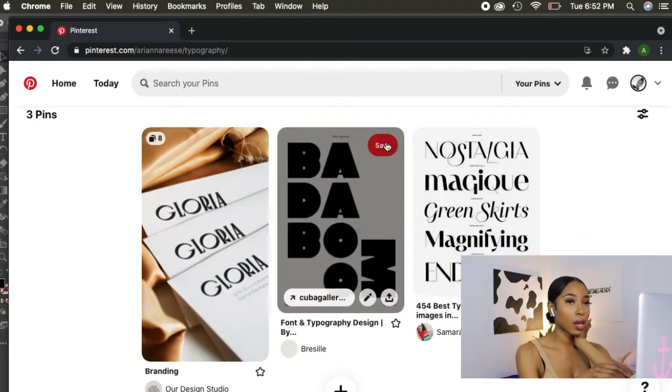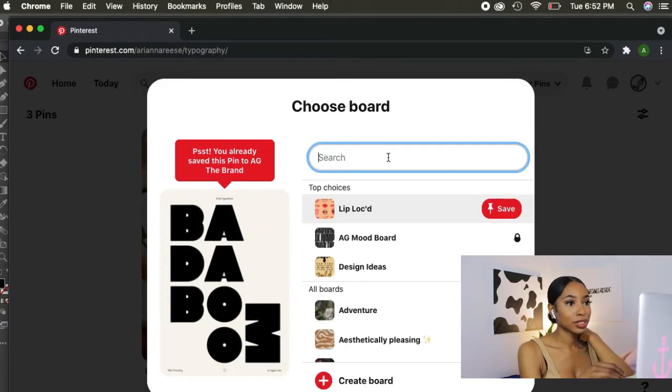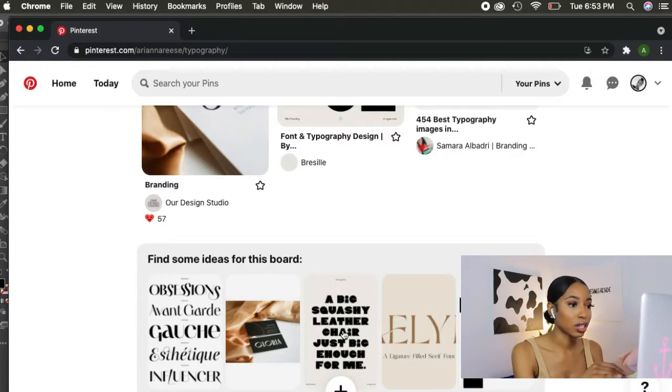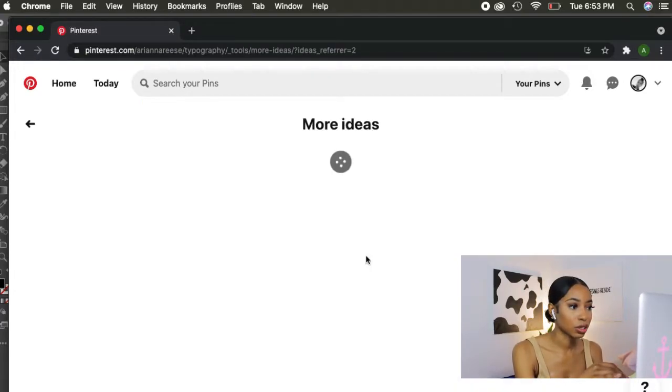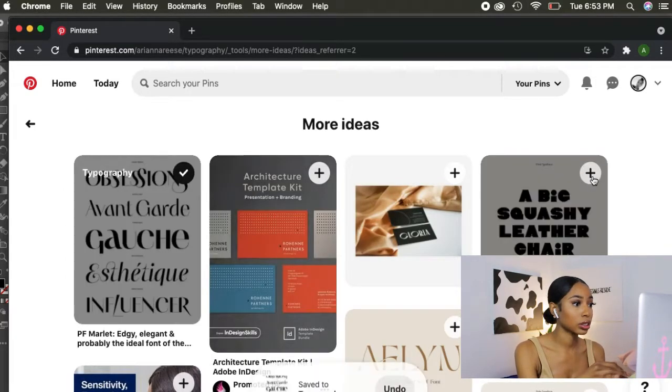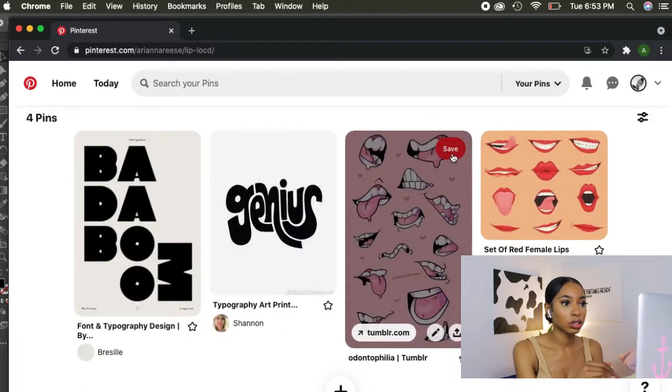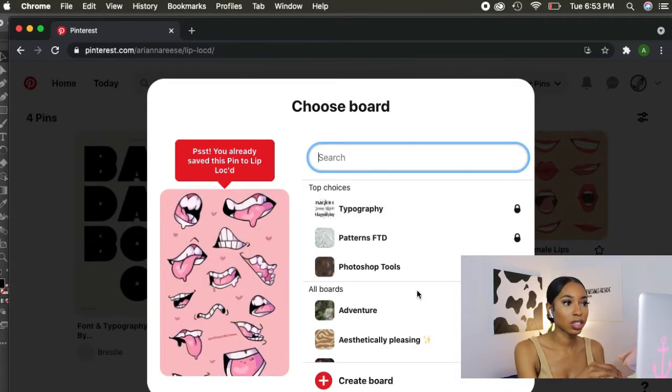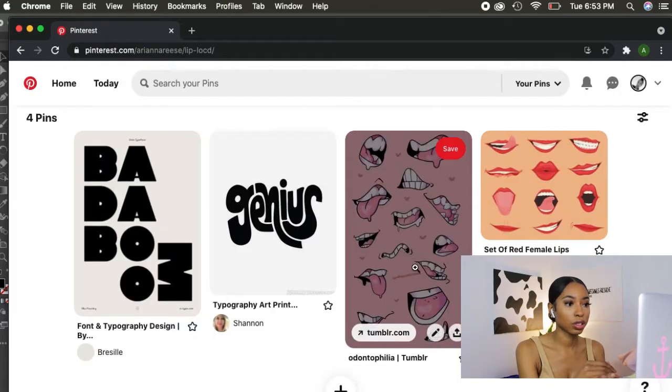When I think of Lip Lock, I'm thinking of something not like a thin font or anything. I want it to have personality, so that's what we're gonna go with. These are actually very pretty though. Y'all, this is fun. This sounds like a party. Kind of want to remove this because it's taking away from the